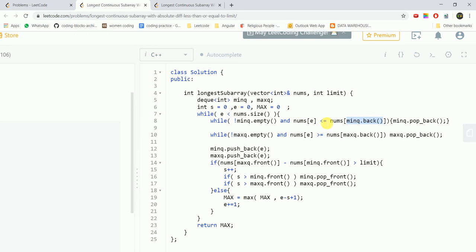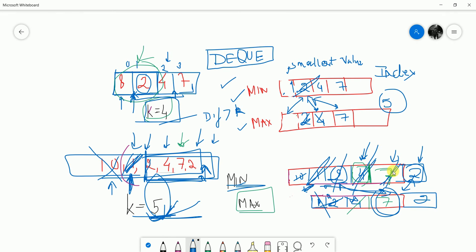So what I'm doing is, if the current value nums of end is less than or equal to the value at the back of the minimum queue, then till that time we will pop one element at a time, until either the minimum DQ is empty or we encounter an element which is smaller. This way we have removed 2, 4 and 7 in this case.